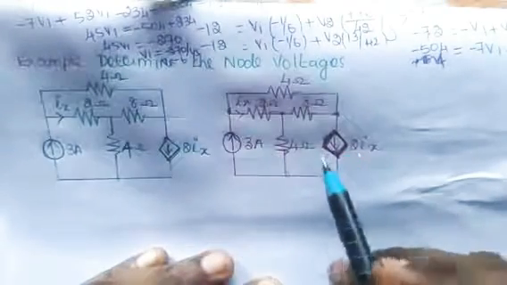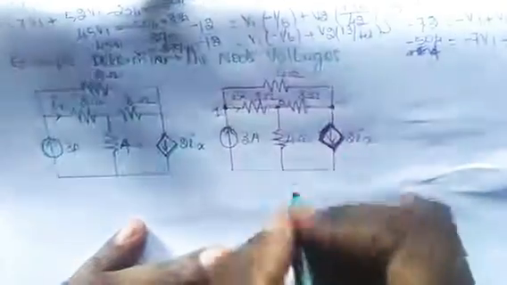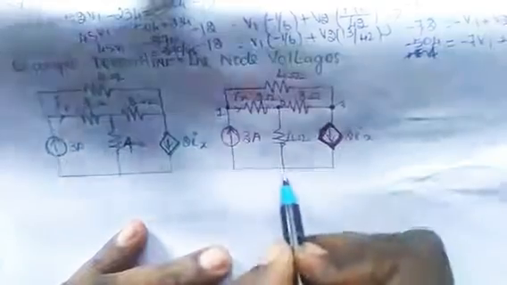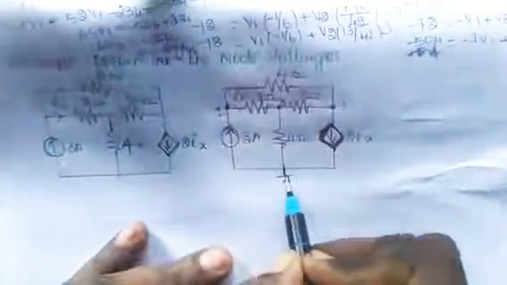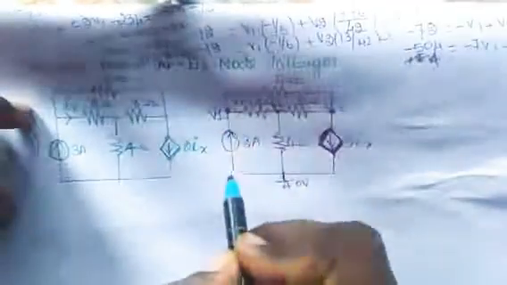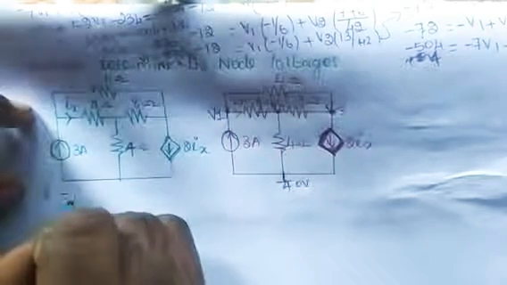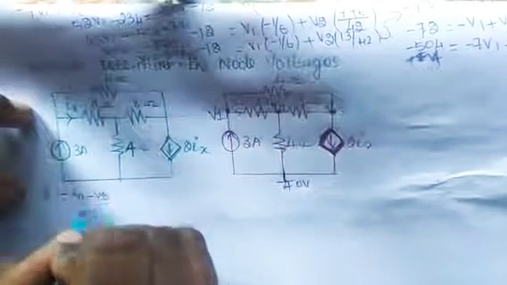Let's solve another circuit which contains the dependent source. So in the circuit there are 1, 2, 3, 4 nodes. I have considered this node as the reference node with zero potential. So these nodes take the node voltages V1, V2 and V3. So writing KCL at the first node, 3 ampere entering current: 3 is equal to (V1 minus V2) divided by